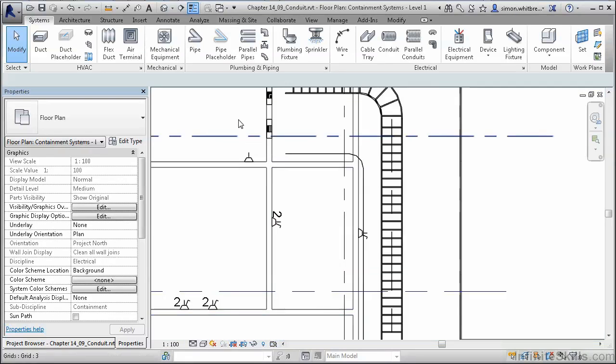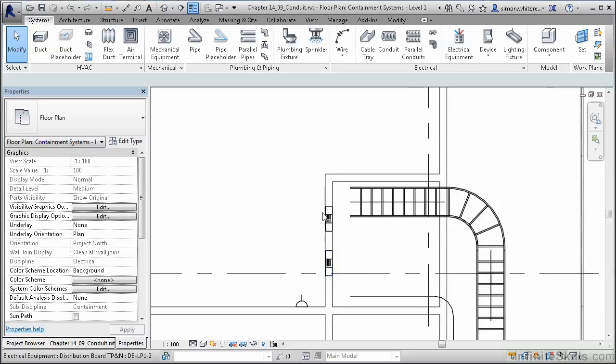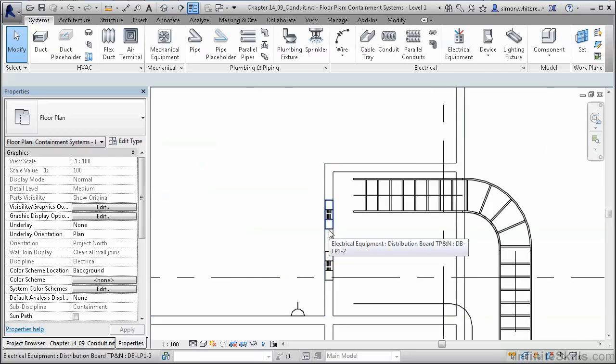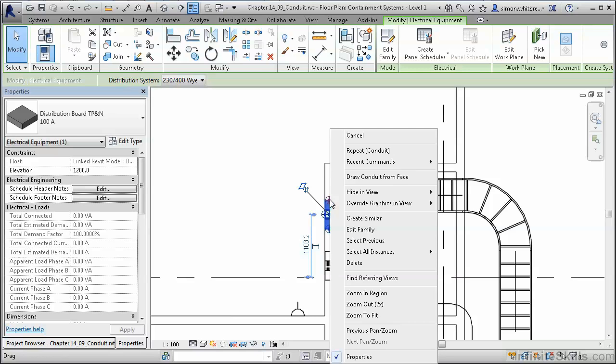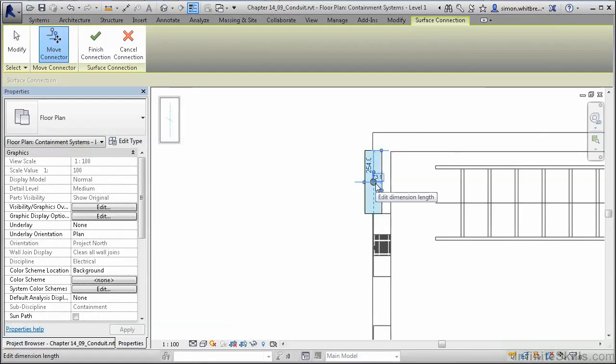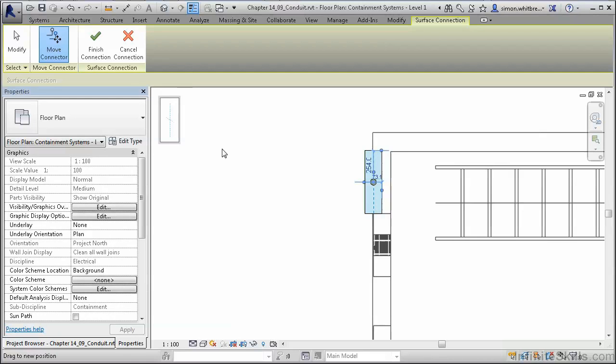A nice tool specific to the use of conduits is the ability to actually draw them from a particular face of, say, a distribution board. Here, we can select a distribution board and right-click on one of the grips and select Draw Conduit from Face. Revit gives us a preview of that face and a small isometric in the top left-hand corner of the drawing area. We can select that connector